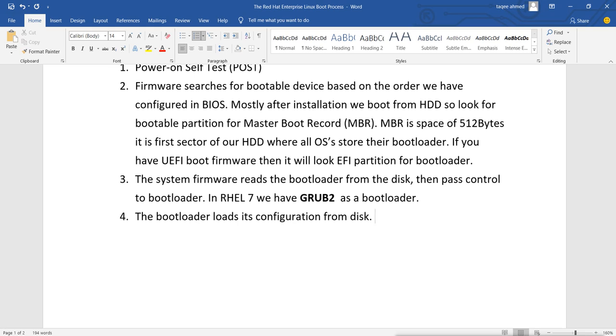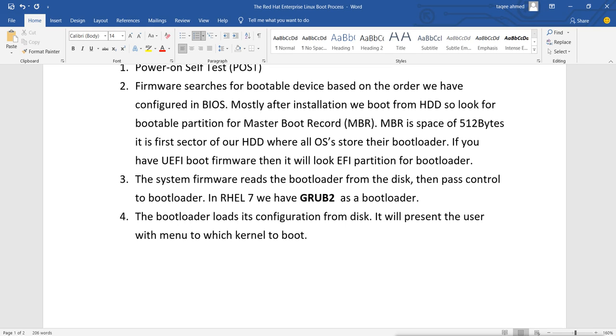So it loads the configuration from the disk, and it presents the user with the menu of which kernel to boot.